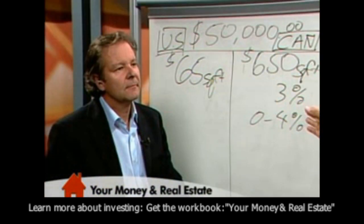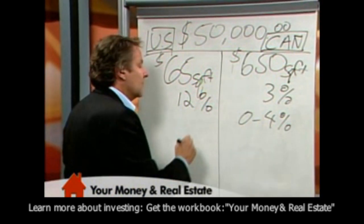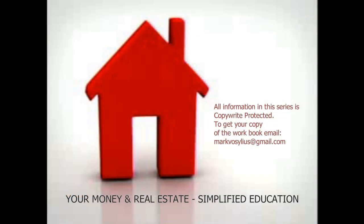But what we're noticing over here on a $65 per square foot property is cash flow that ranges anywhere from 8% to 14%. So where's that coming from and why? Well, you've got places like Atlanta where you can get anywhere from 12 to 14% cash flow. In places like Florida, if you're looking at places like Fort Lauderdale and even Daytona Beach, you're looking at cap rates